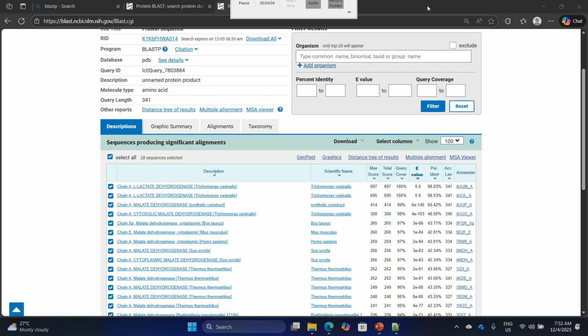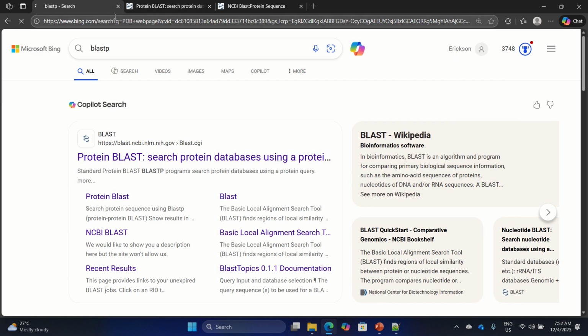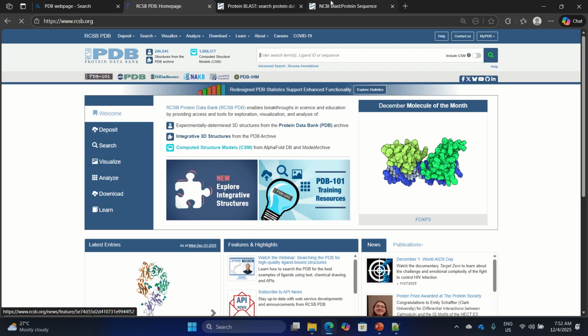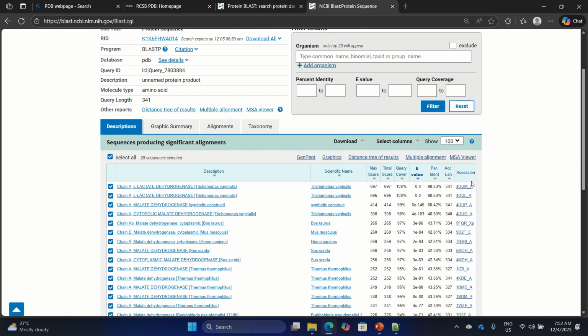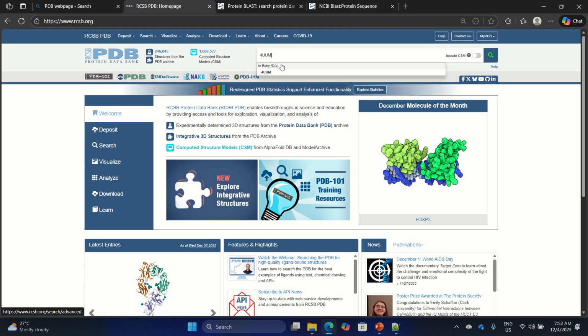So let's go to the PDB webpage and search for those proteins. Take note of this AAA. Those are chain A. The first one is 4UUM. Let's search that, 4UUM.